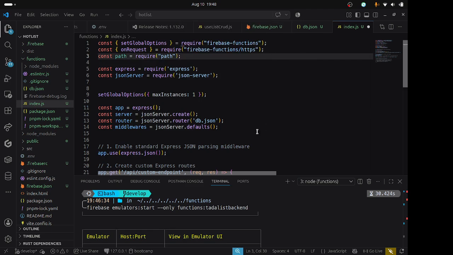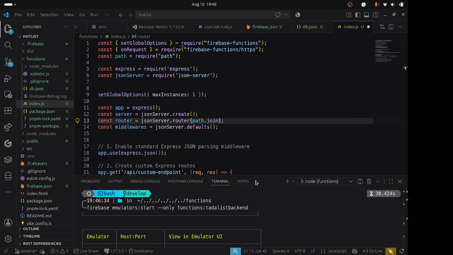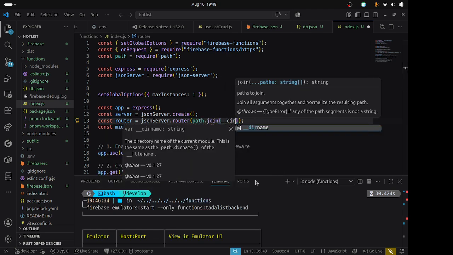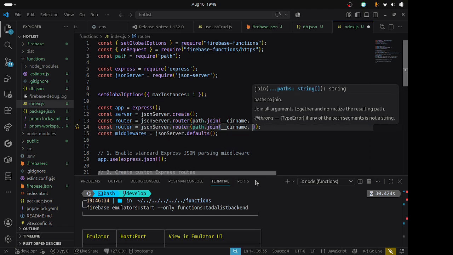And we can use here, instead of this, let's say path.join dir. You can specify the string